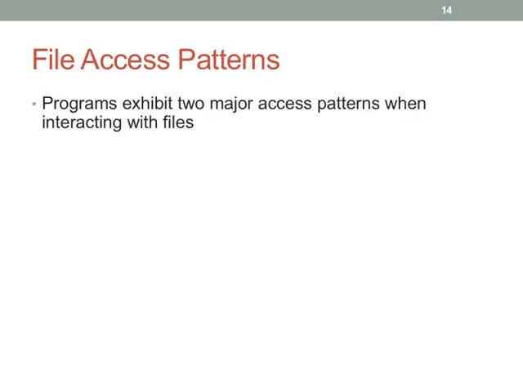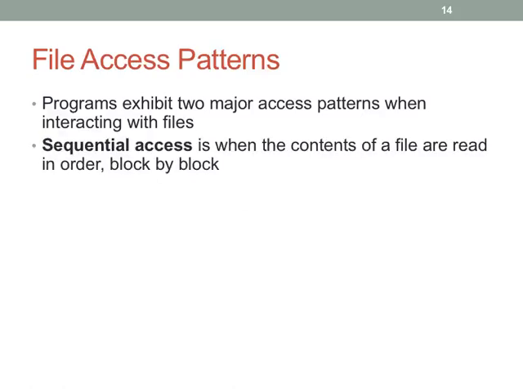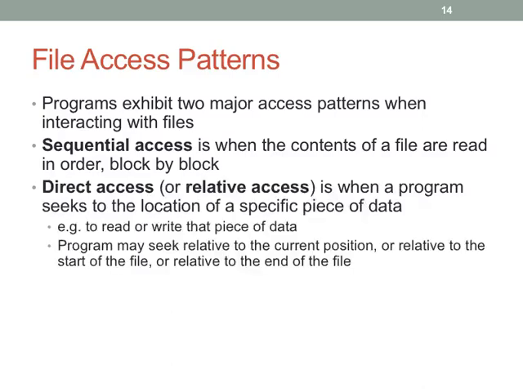Okay, let's see. Access patterns. So what are the common access patterns? Well, there's really basically just two, and they're pretty much exactly as one would expect. You either have sequential access, where you start at some point, maybe the beginning, maybe partway through, and you just scan forward. So we call that sequential access. Then you have direct access, aka relative access, aka random access, where you say, this is where I'd like to go,